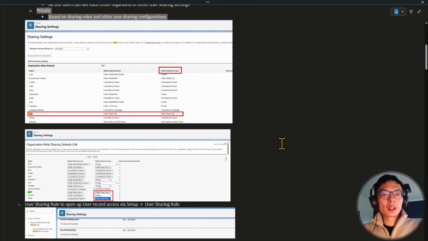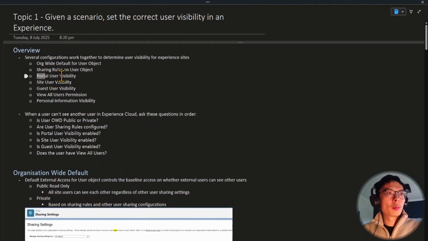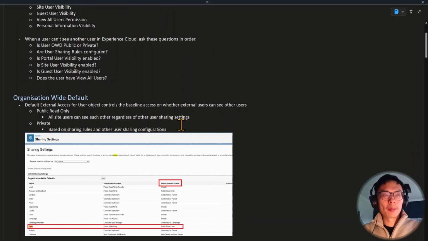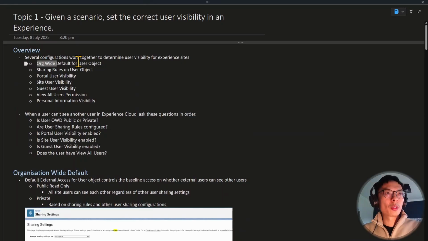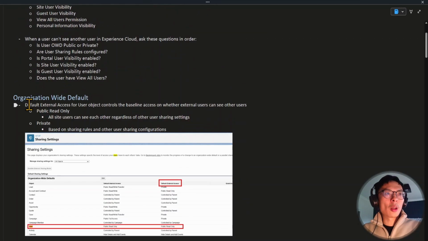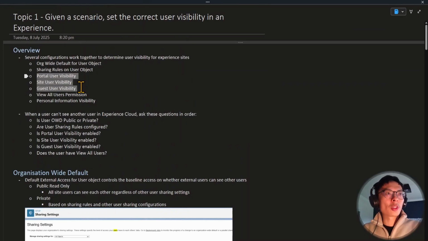So a common trick question is: portal user visibility is disabled, but users are still able to see each other. This is where you'll need to investigate the org-wide default setting for the user object and check if there are any sharing rules. If the default external org-wide default for the user object is set to public read-only, these site user visibility settings